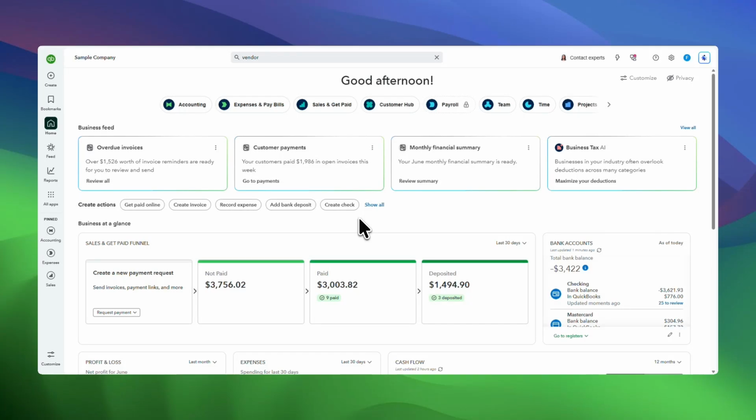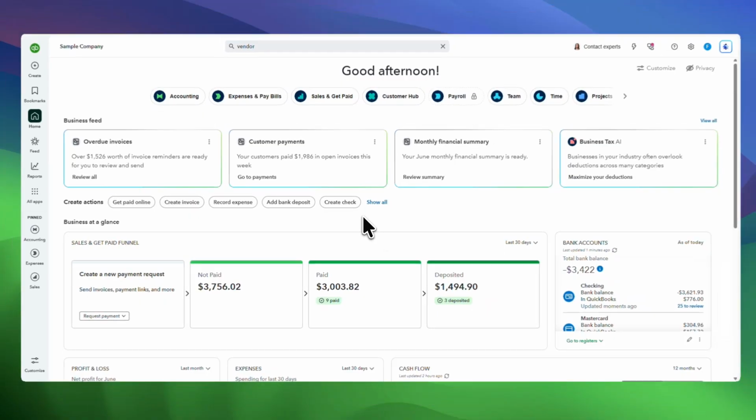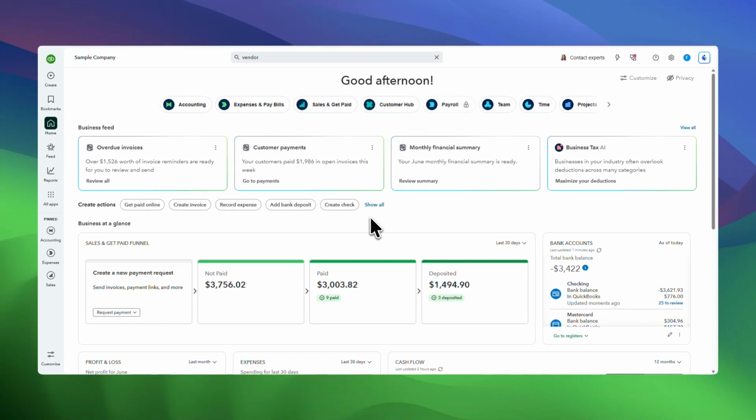In today's video, I'm going to teach you how to set functional currency, also called home currency, in QuickBooks Online. If you're setting up your company file and need to make sure your default currency is correct, this is an important setting to review carefully. Your home currency is the main currency QuickBooks uses for reporting and accounting, so it should match the primary currency your business operates in. Also, keep in mind that enabling multicurrency is a permanent change, so you'll want to move